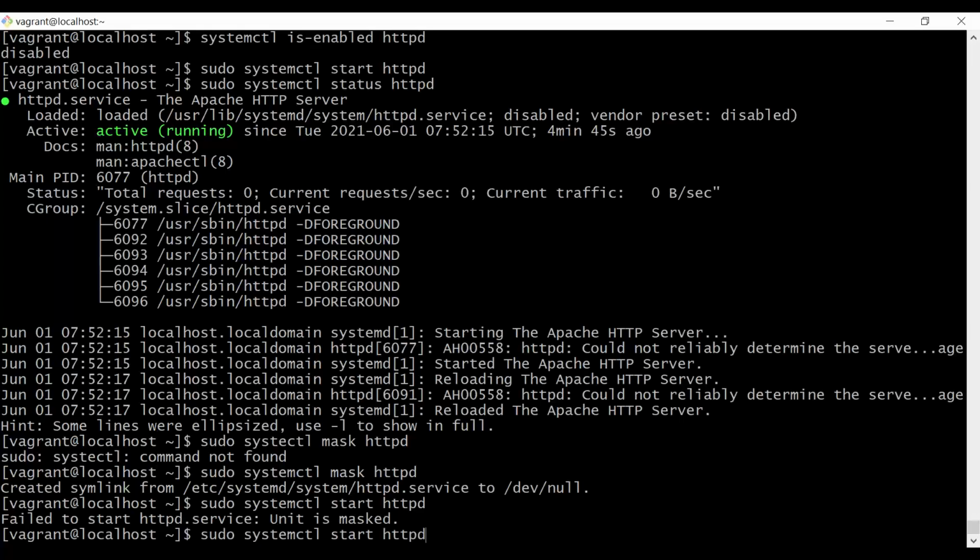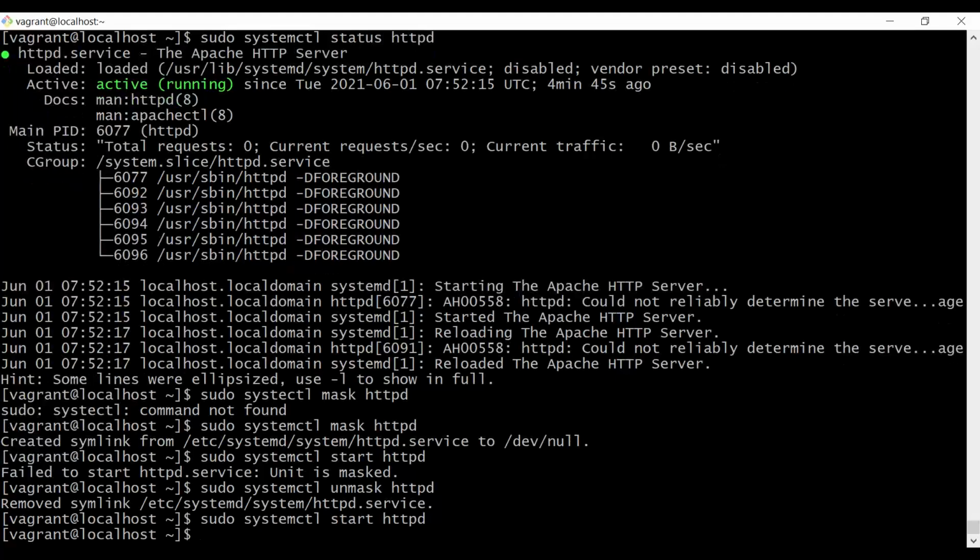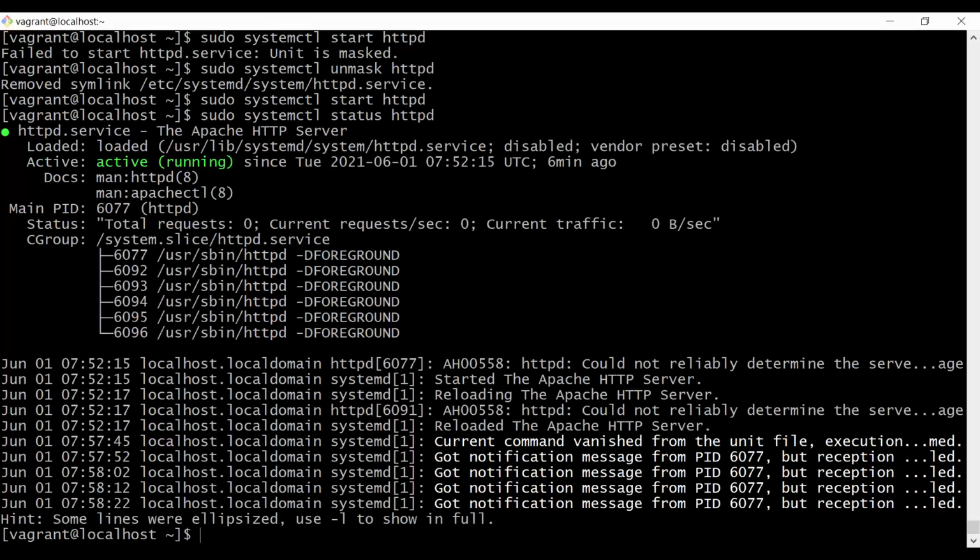How do I unmask this? Yeah, systemctl unmask httpd. After unmasking, if you try to start it, systemctl start httpd. Yes, now it has been started. And now if you check the status of this, yes, that is active. Yeah, like mask, unmask,